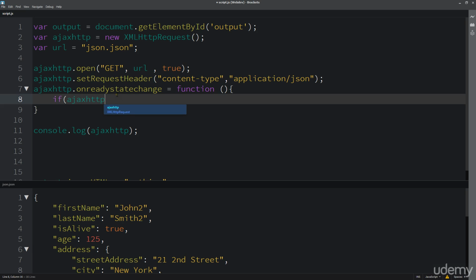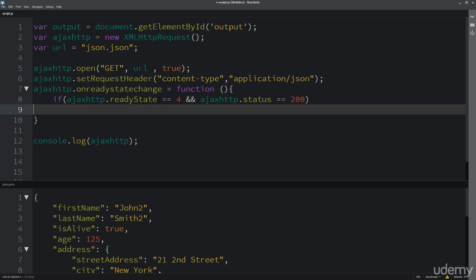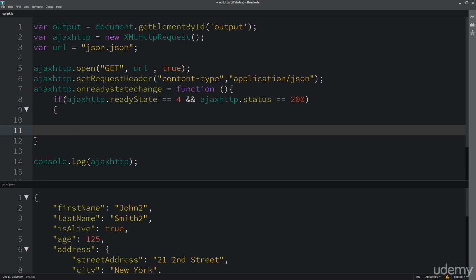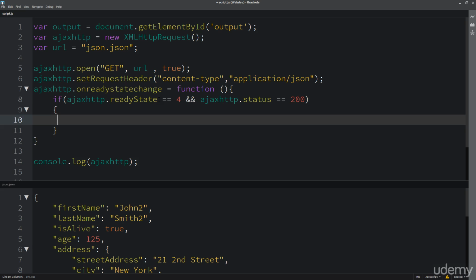So when the ready state changes, we want to check to see what that ready state is. So we want to get back that information and say, well, what's the ready state? And the one that we're looking for, we want it to equal 4. In addition, we want to check to make sure that we've got a successful response. So we check that status number to see if it's 200. And if both of these conditions are met, then we're okay to fire off the rest of our